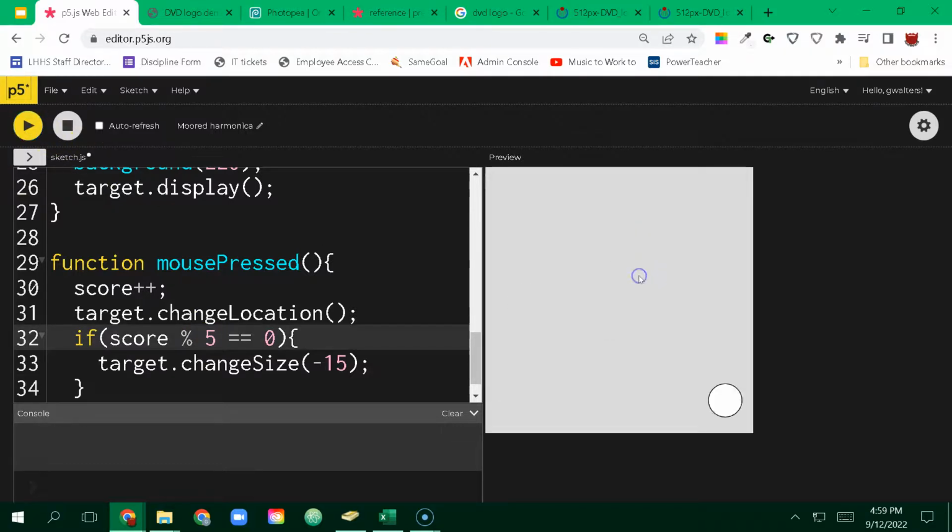1, 2, 3, 4, 5. Ooh, see that got smaller? Smaller by 15. Or maybe instead of doing that, I'm adding 15 to it. So we could run it again. 1, 2, 3, 4, 5, got bigger. 1, 2, 3, 4, 5, got bigger. 1, 2, 3, 4, 5. So I could completely change the game to